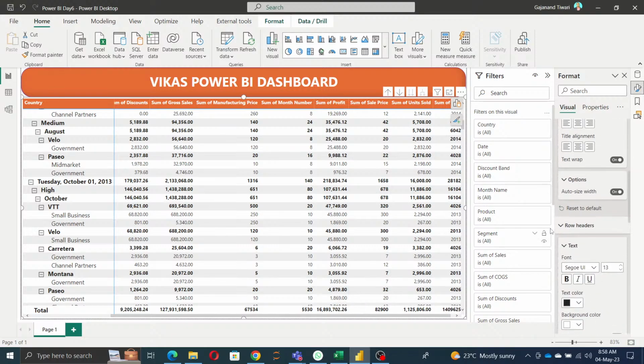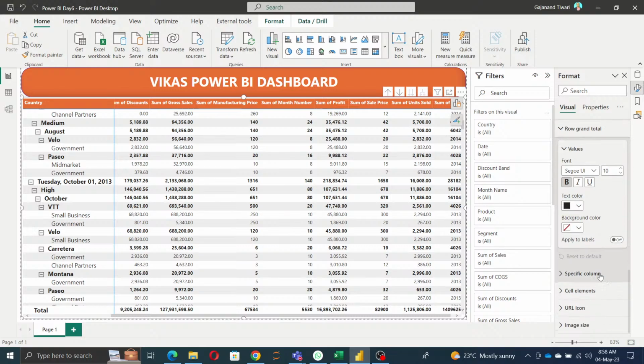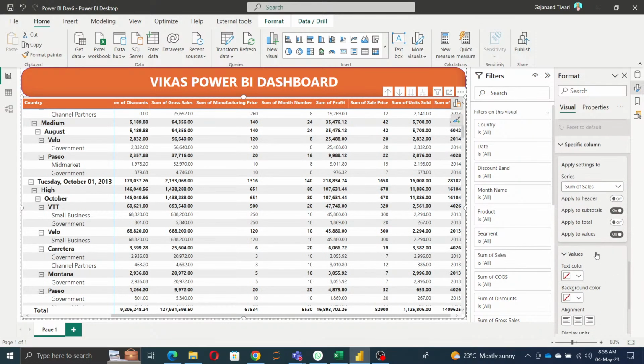अब नेक्स्ट हो गया मेरे पास, कभी कभी कैटेगरी बेस पे भी टोटल करना होता है, तो ये देखो यहाँ पे रो ग्रैंड टोटल हो गया, ये सब फॉर्मेटिंग के लिए है। अगर हमें किसी स्पेसिफिक कॉलम का टोटल सब टोटल दिखाना है तो यहाँ से हम कर सकते हैं, बट मेक श्योर यहाँ पे जो टोटल्स होंगे वो वैल्यूज़ के होंगे, ऐसा नहीं कि टैक्स जैसे डायमेंशंस के नहीं होंगे, केवल जो फैक्ट्स के होंगे। जो कॉलम जैसे सेल्स, कॉग्नो डिस्काउंट, ग्रॉस मैन्युफैक्चरिंग प्राइसेस, मंथ नंबर, प्रॉफिट, सेल्स प्राइस यूनिट एंड सम ऑफ ईयर।